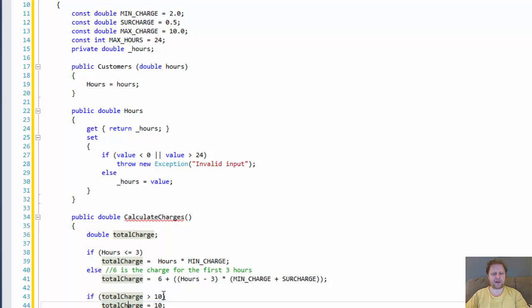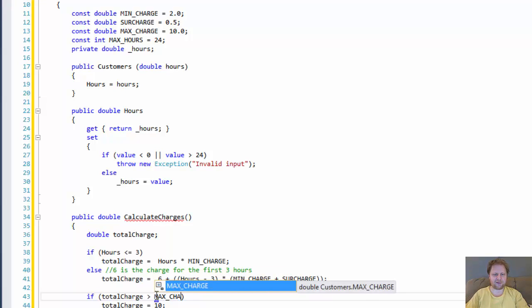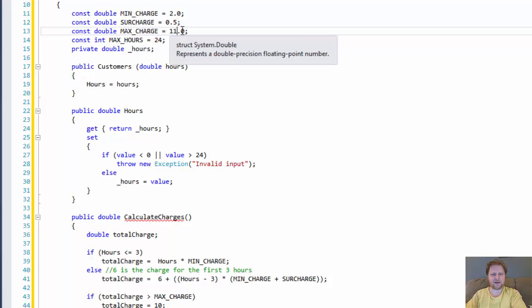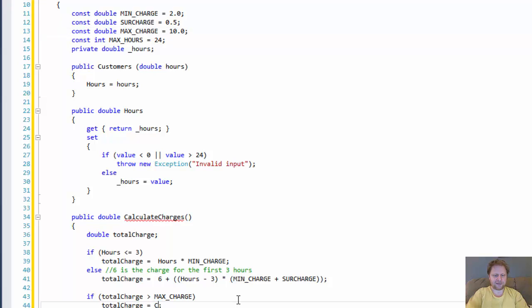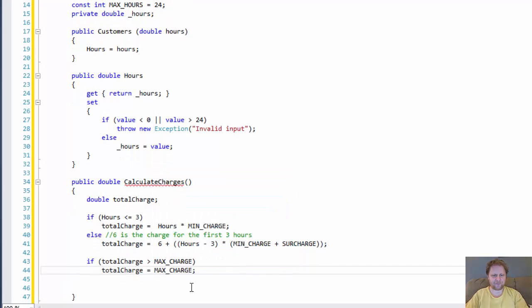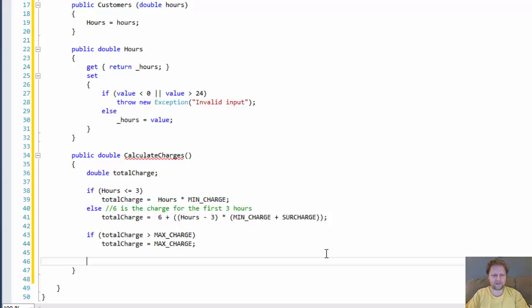So instead of 10, here I should use the constants, because if we decide to increase the price, I can simply do 11 here and it will automatically be passed on. And over here too, our total charge will equal the max charge. Okay, and over here we will return the total charge variable. Okay, so again we calculate, make sure that if the hours are